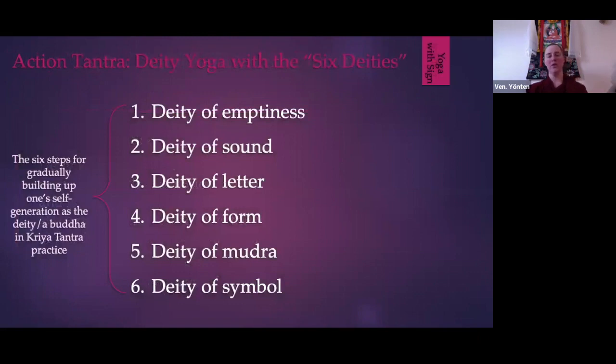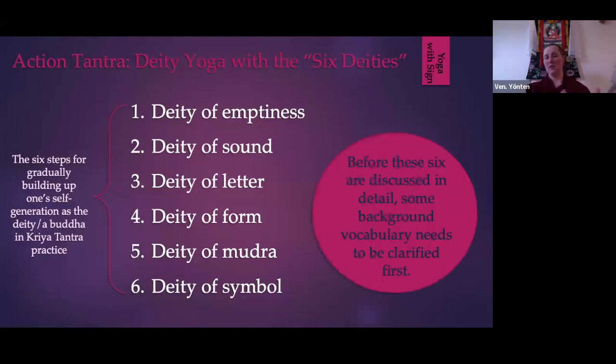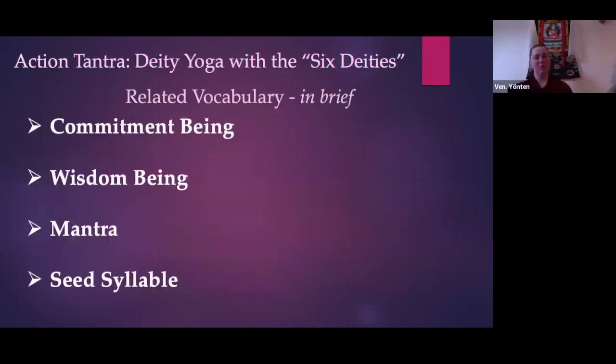So when we're doing the first one, deity with sign, the self-generation is built up through these 6 steps: the deity of emptiness, deity of sound, deity of letter, deity of form, deity of mudra, and deity of syllable. And before we go into these in detail in the practice, we just need a little background vocab. Some of these are probably fairly clear, but just to make sure,